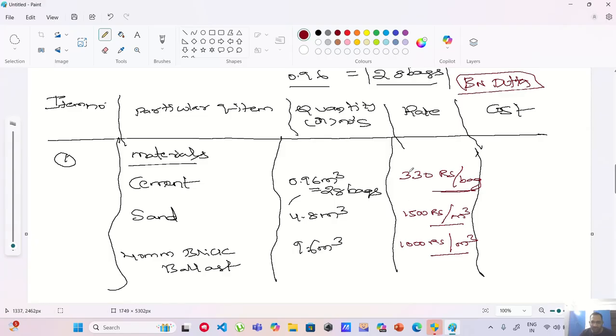These rates are not final rates. I have taken them from the textbook of B N Datta. You can take the present SSR also, it is very good. But I am taking from the textbook of B N Datta, and one more textbook is Chakraborty. You can follow these two textbooks for the estimation and costing subject. So finally, when it comes to the rate calculation,